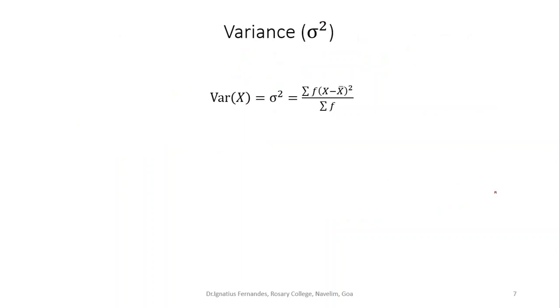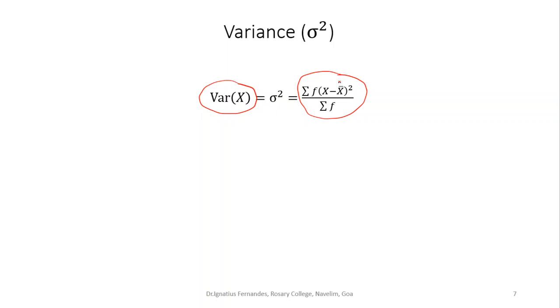The square of the standard deviation, sigma squared, is called the variance. If I have to give an explicit formula, it will be just the standard deviation formula without the square root sign. So we are taking the square of whatever value we get for standard deviation. Now this variance is exactly similar to standard deviation. In a way, instead of using standard deviation, we could have used variance as well.